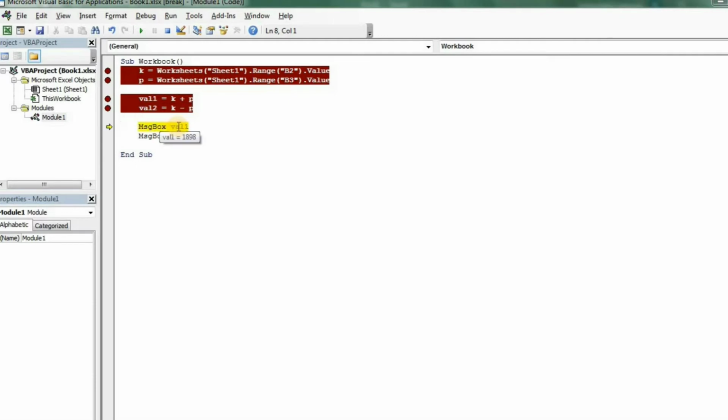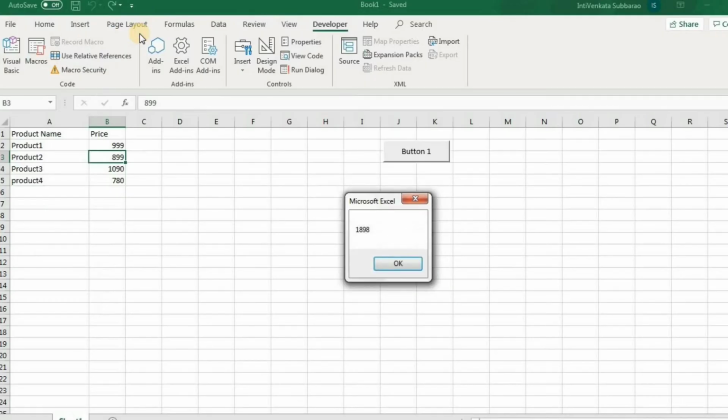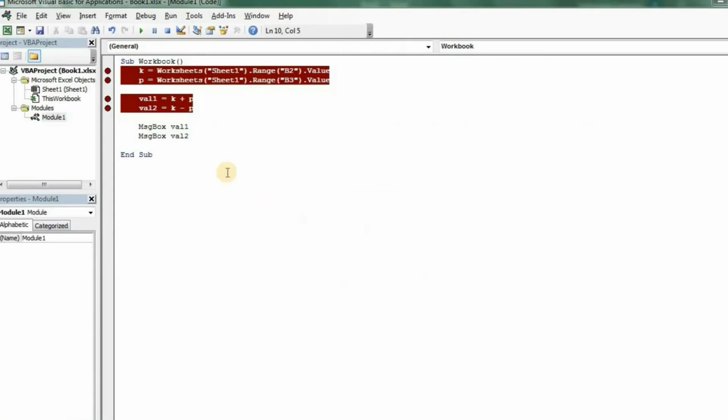Then the message boxes for val1 and val2, already assigned in the above statements, get printed. This is how the breakpoint and debug option work. If you want to remove them, you can directly run it from the VBA editor itself. That is how it works. Thank you guys, that's all for this video.